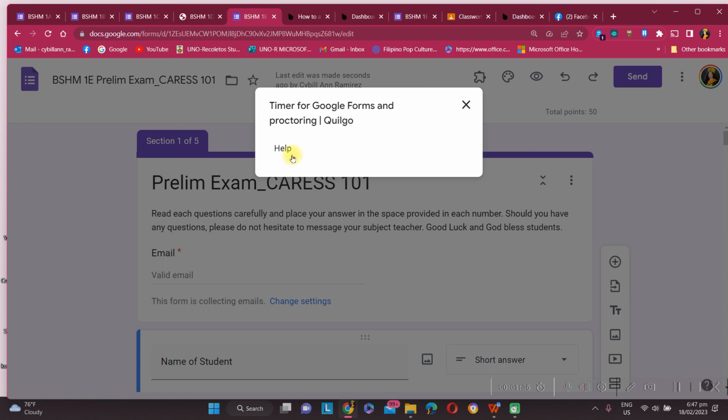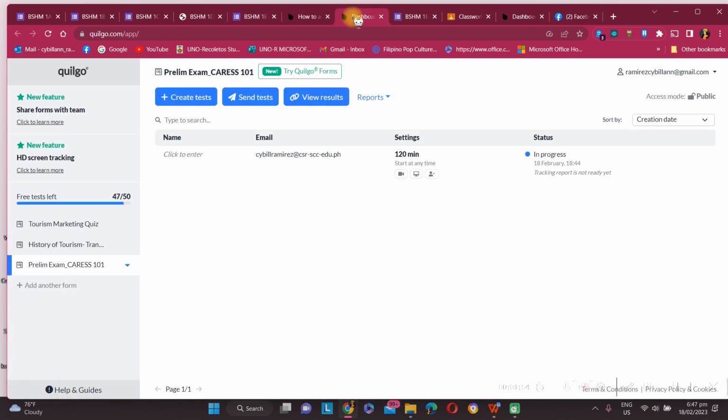Once you click configure, actually it is not visible here because I have already configured Quilgo in my Google form. Once I configured it and allowed Quilgo to be synced with my Google form, I can immediately go to my dashboard in Quilgo. So this is for free. You are given 50 tests to have a timer and an AI which will track the screen of the students